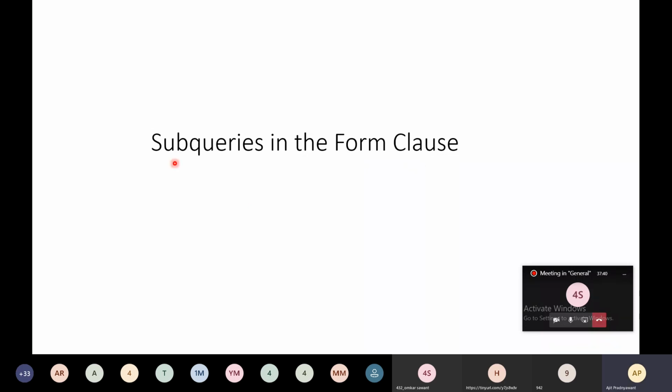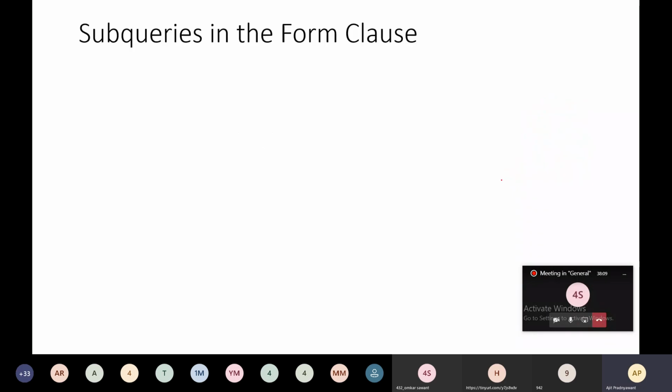You can write subqueries in the select clause, you can write subqueries in the from clause, and you can write subqueries in the where clause. We have seen the where clause. Now we are going to learn about the from clause.